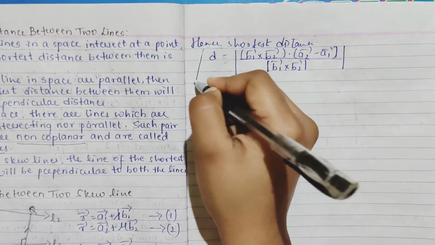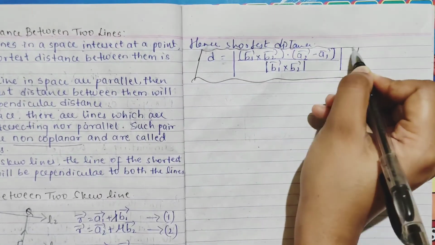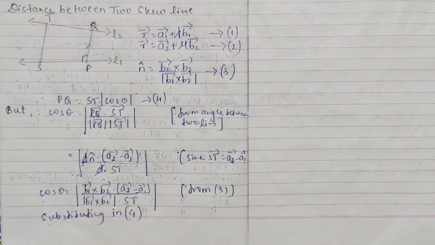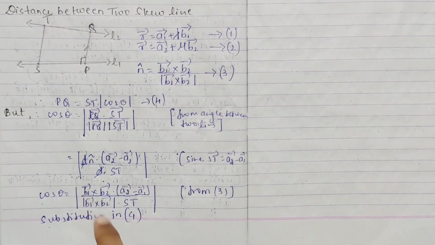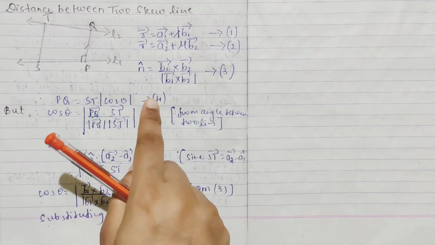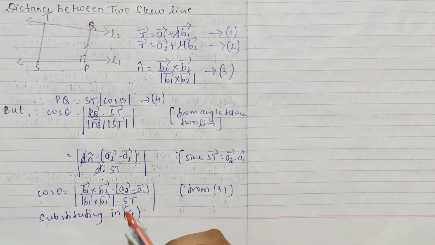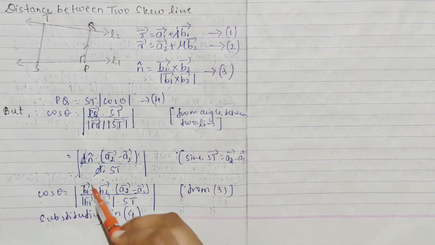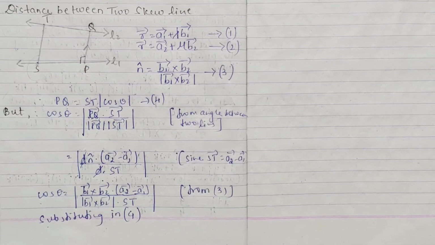Remember these formulas. I don't know whether they'll ask this, okay. Just main points here. Cos theta we have found. After getting your cos theta, substitute, take this as equation 4 if you want, substituting in this. So here you can see your ST gets cancelled and the remaining will be PQ is equal to this whole thing, which PQ we have taken as D, that is your shortest distance.